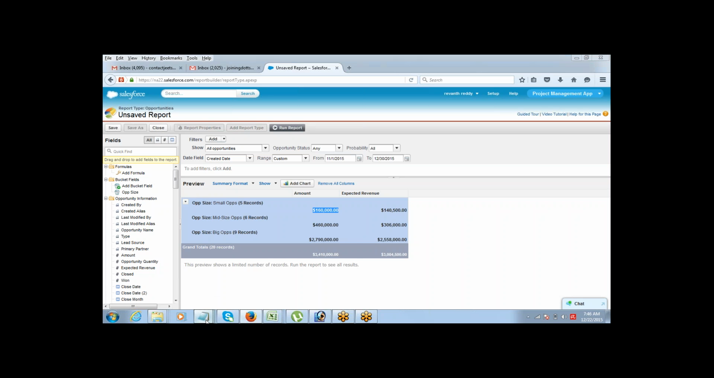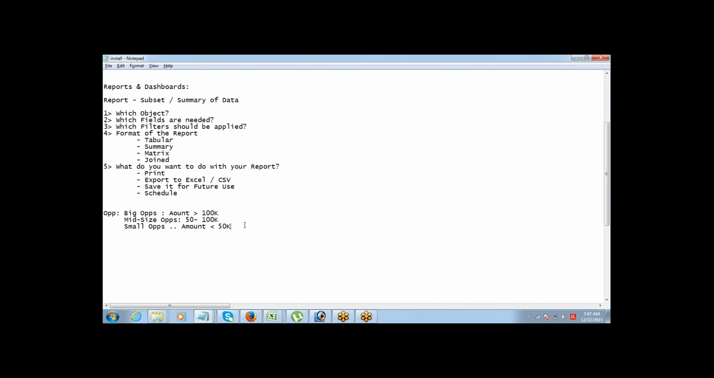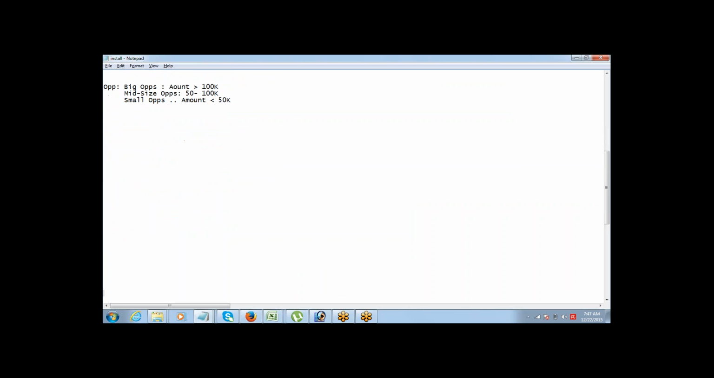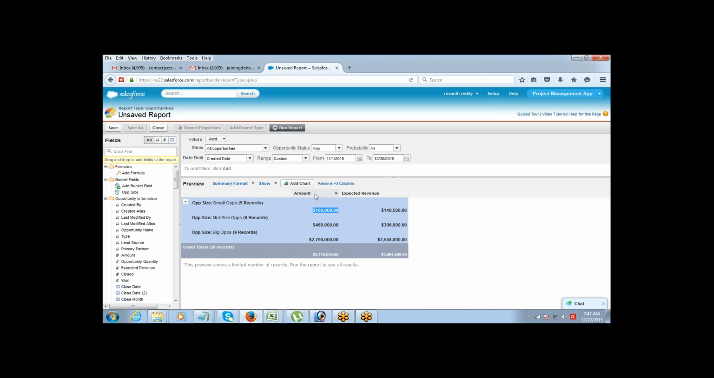Now the next thing that I want you to understand is a report type. Okay. So what is a report type? Report type is basically again, report type defines which object you want to use for the report. If you see here, when you try to create a new report,